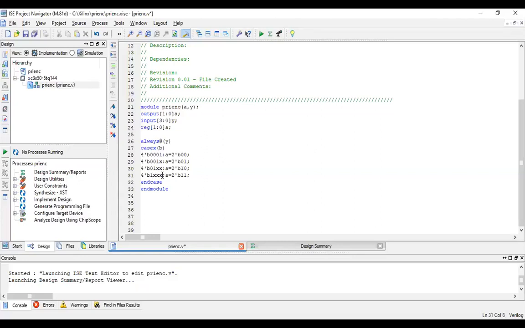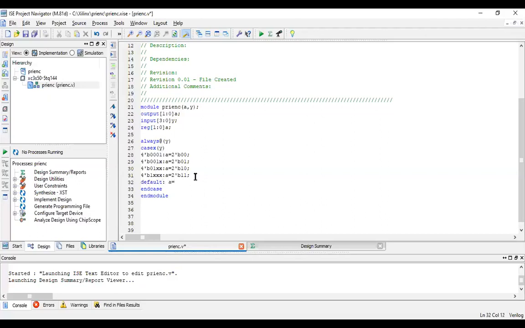So this is how our truth table was, right? When your input is 0001, the output A is 00. When your input is 001x, A is equal to 2'b01. So this is 1.